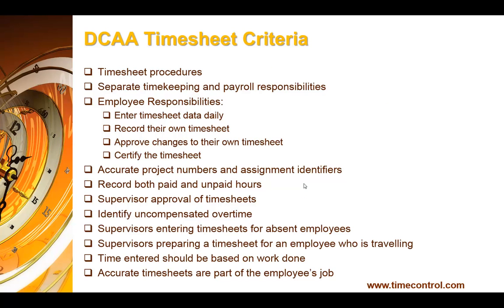Okay, when we look inside of the DCAA criteria, and in particular in the information for contractors document that the DCAA provides right on its website, and provides whenever there is a government contract, we can see that there's a number of criteria that are very specific for timesheets, and these fall inside of a category the DCAA calls a labor charging system. In order to create invoices for work that you'll be doing for the government that have to be DCAA compliant, the government wants to make sure that you are billing only for the work that you did, that you are billing for the appropriate number of hours, and that the work can be audited